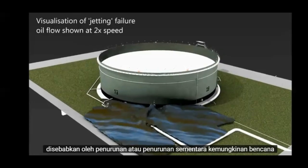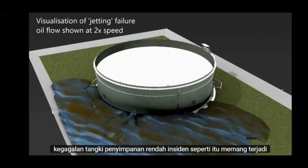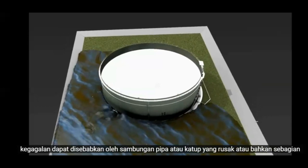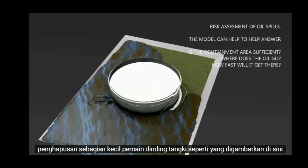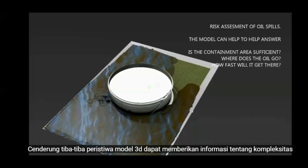Whilst the probability of a catastrophic failure of the storage tank is low, such incidents do occur. Failure can be the result of a damaged pipe or valve connection, or even partial removal of a small section of tank wall. Failures such as the one depicted here tend to be sudden events. The 3D model can provide information about the complex